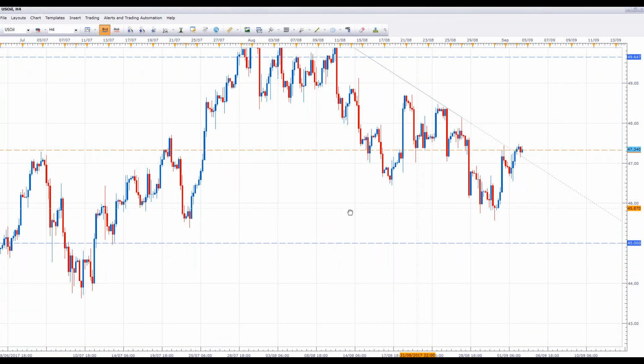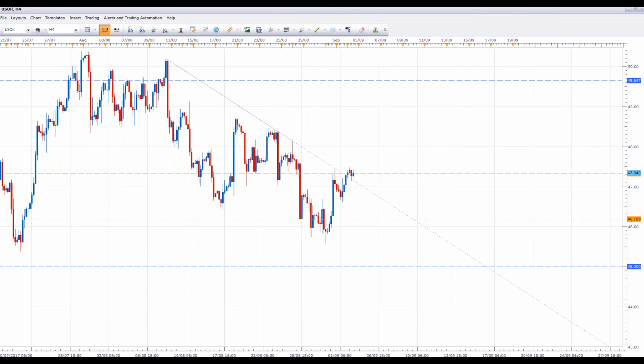Now, if we go and have a look at oil, we're in a similar position where we're viewing this as a correction. Now, we're at this key level of support and resistance. So support over here failed. Looks like it's coming back to test this with a correction at roughly the 47.30 area. Now, we're starting to get a little bit of a breakout of this downward sloping trend line. However, you can get breaks out like this and it continues down.